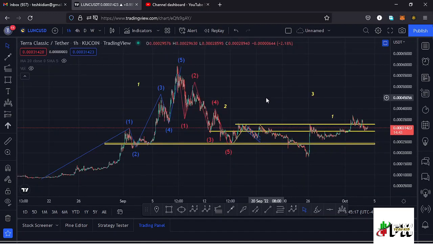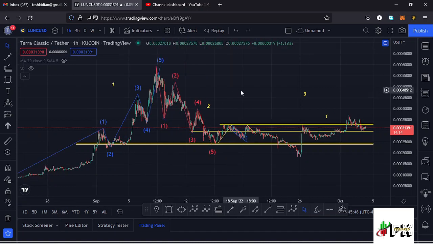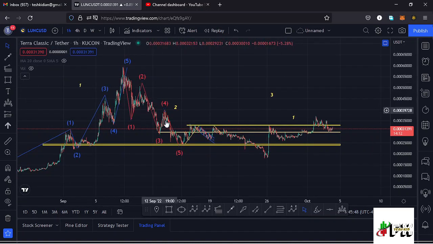I'll kickstart the video by giving a brief of what has been happening here on the Lunc chart. From these low prices that we had been trading within, we saw a very nice bounce to the upper side in this movement, which is an Elliott wave structure, having a wave 5 taking us back to around the $0.00059 mark. Having seen the formation of this Elliott wave structure, we can now name it as a higher Elliott wave count 1. And whatever we expect on the other side is the formation of a higher Elliott wave count 2, which is a corrective wave,